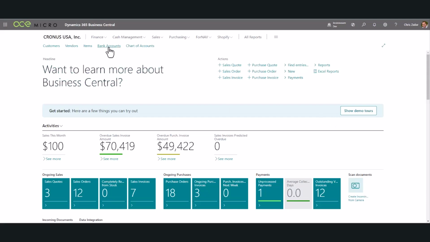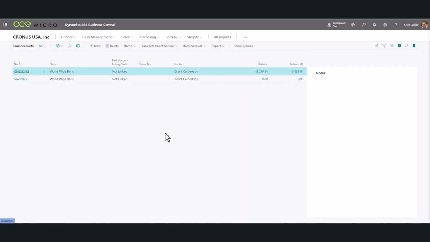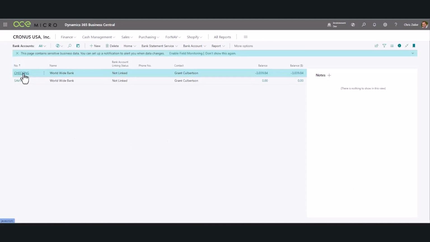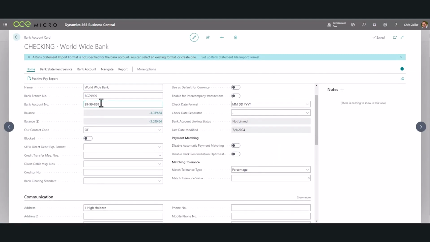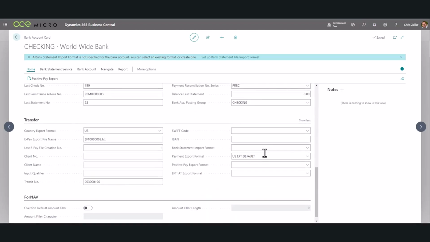The first thing we're going to look at is our bank account card. And we have two bank accounts here. You can set up EFT formats for several different bank accounts and different banks. You can see that we have our bank account number up here at the top. If we go down here into our Transfer FastTab, you can see I have a payment export format